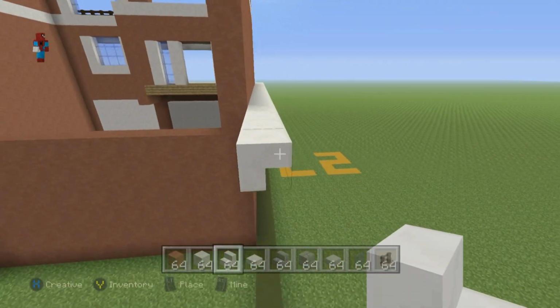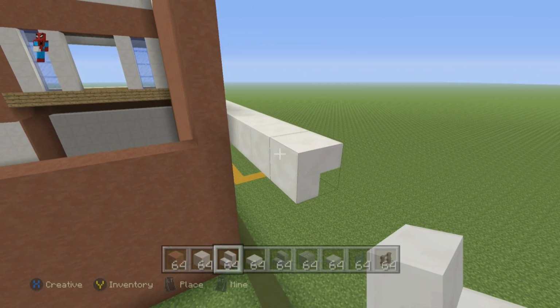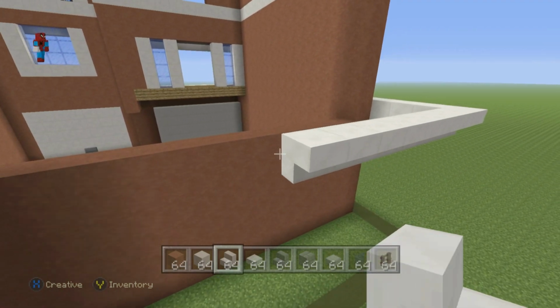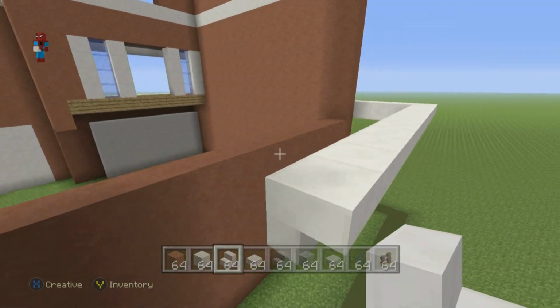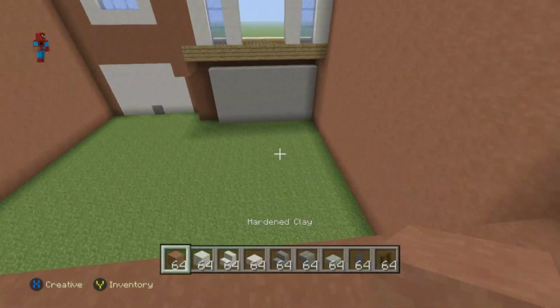Then go to the left of this 4th block and go to the left of it by, I would say, about 10. 1, 2, 3, 4, 5, 6, 7, 8, 9, and 10. Maybe even a little bit more. Maybe add like an 11th block, like that. Then extend it to the house, like this. Then add a layer of